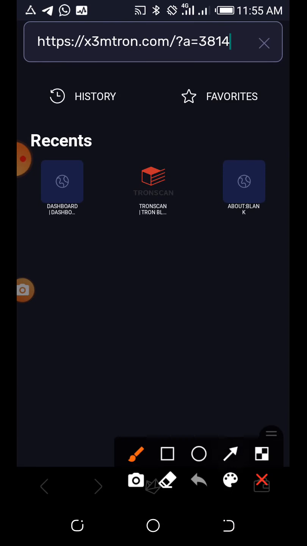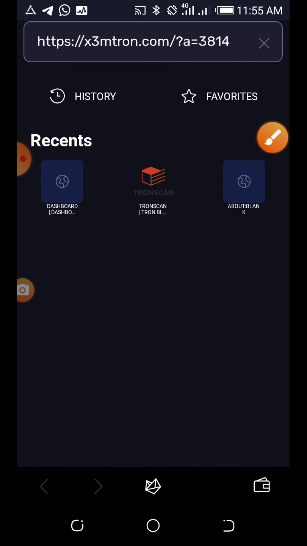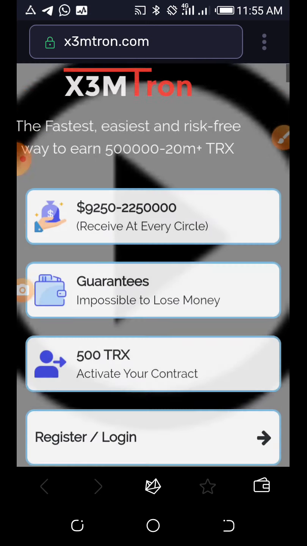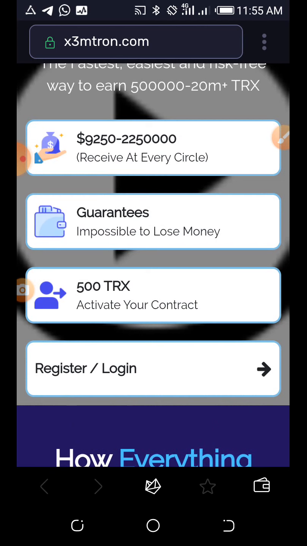Supply it to continue. Then we click to start the process. It's coming up. Now it has come to the next phase: register or login.